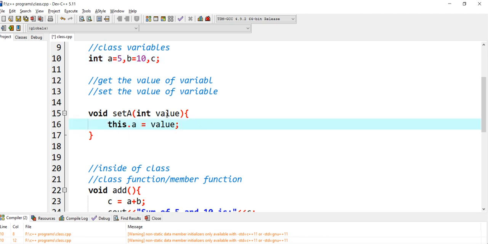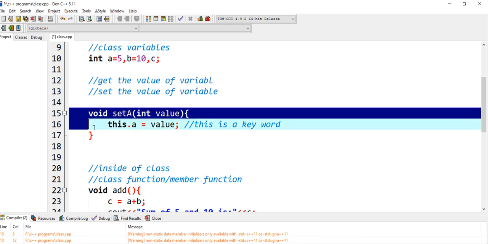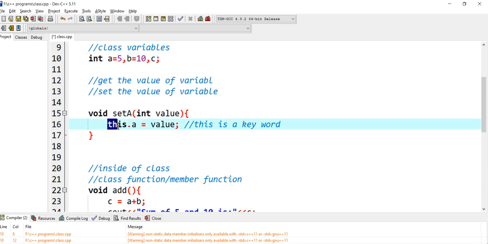And what is this? This is a keyword, and we are going to learn about it at a later point of time. For now you can simply think that this a can only be accessed within the class using this dot operator and this keyword.